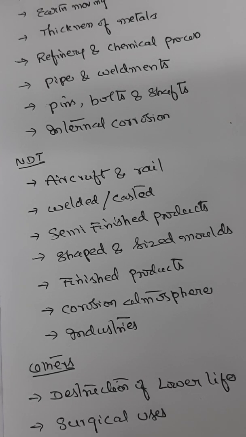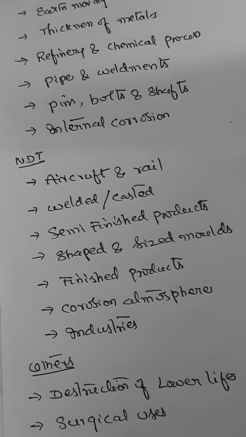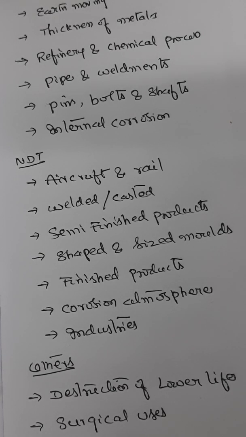Ultrasonic inspection is used in testing molds of any shape and size. The water immersion technique is used, of course, to test irregularly shaped materials. The ultrasonic pulse echo technique is used in accurate thickness measurement of materials. Ultrasonic inspection is carried out on finished products of metals and non-metals. Materials that cannot be tested with other NDT methods can also be tested using the ultrasonic testing method. Ultrasonic testing is carried out in the periodic inspection of materials used in corrosive atmospheres and in chemical plants.